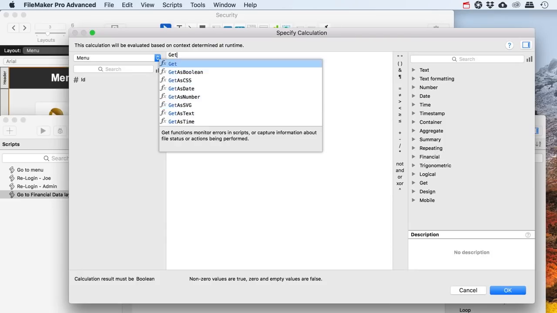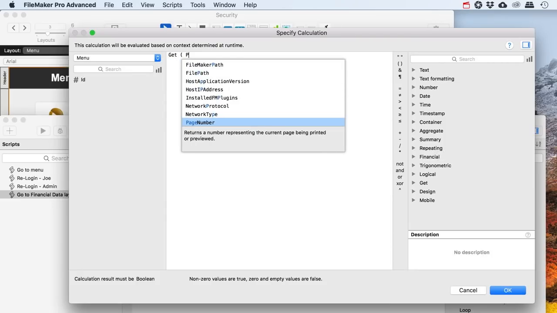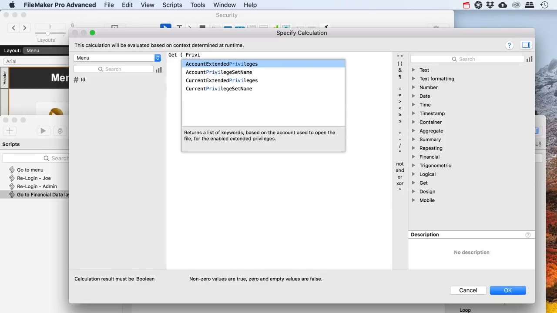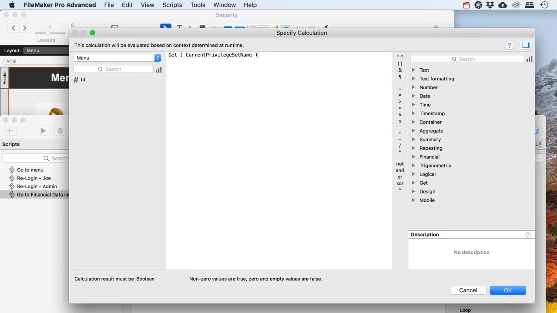I'm going to say get privilege set. So I could say current privilege set name, that returns the name of the privilege set being used to evaluate this calculation in the file. So okay, if get current privilege set name is equal to employee,